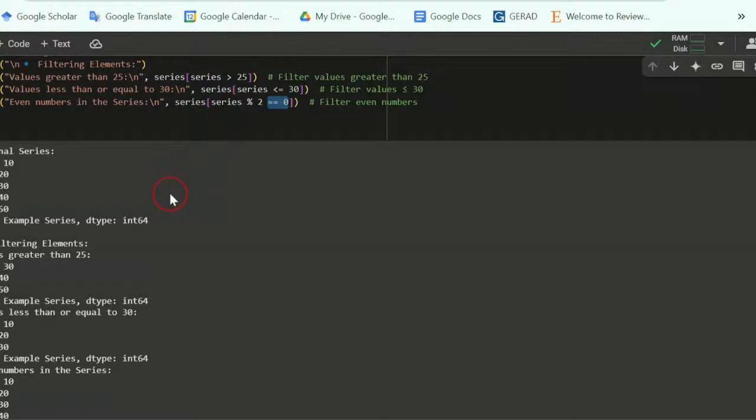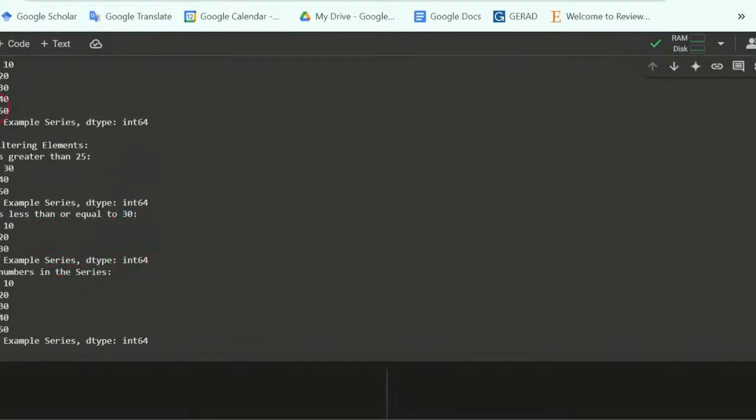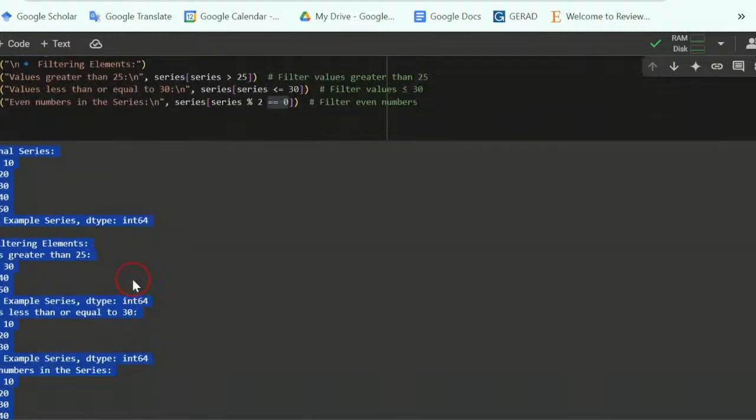We would like to get the even numbers. For this, we are saying 10 divided by 2, the remainder equals 0. Yes, so we are having 10. 20, when it is divided by 2, does the remainder of this division equal 0? Yes, so we're having 20. The same goes with 30, 40, and 50 because all the elements in my original series